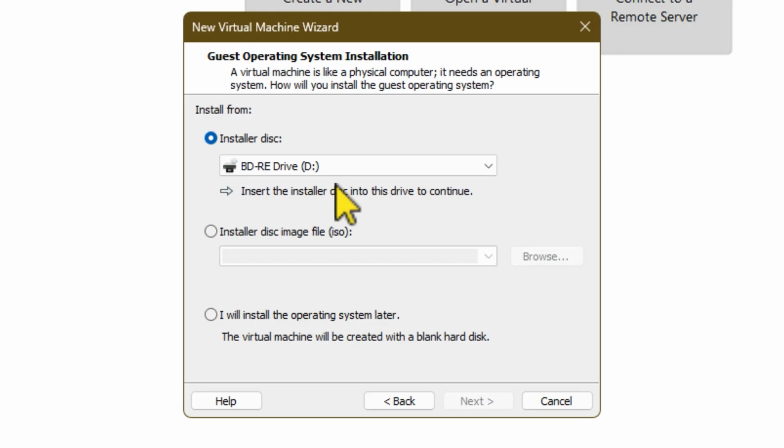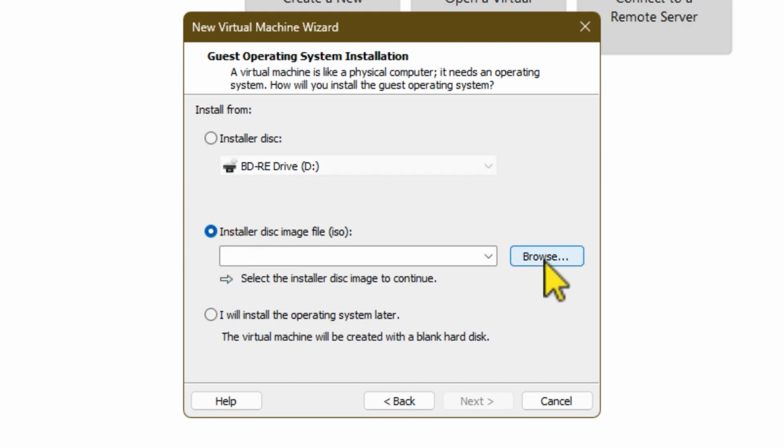The installer disk. I have a Blu-ray drive, so it's asking, hey, did you burn a disc? Because that's one thing you can do, is take that ISO and burn it to a disk. Most people don't do this anymore. With most Linuxes you still can if you have a drive. I would say it's slower, so most people are going to put it on a thumb drive, but we don't need to do any of that because we can just manually select the ISO. So I'm going to browse,